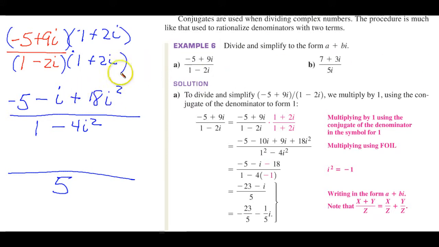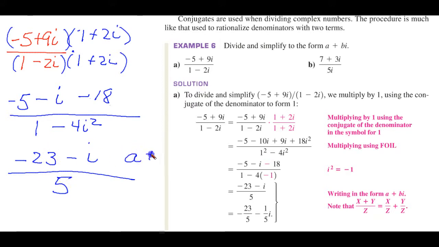Let me just save a little room here. You saw what I did. This now becomes a negative 18. So now I have a negative 5 and a negative 18. That will add up to a negative 23 minus i. And you might say, well, that's my answer. Yes, but if you put it in MathLab, they're going to count it wrong because it's not in the